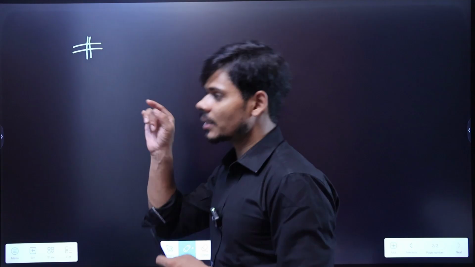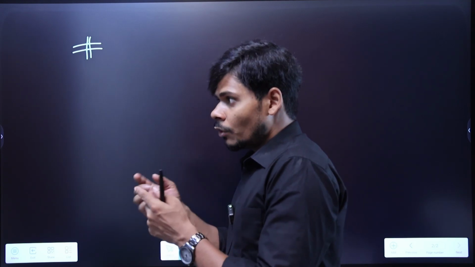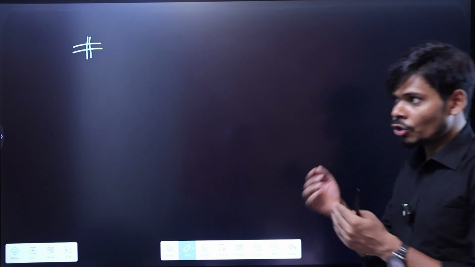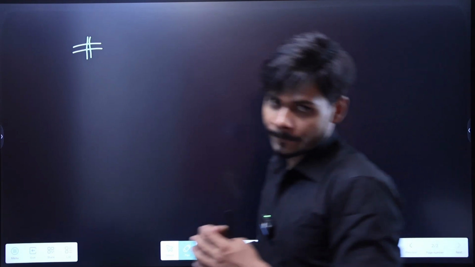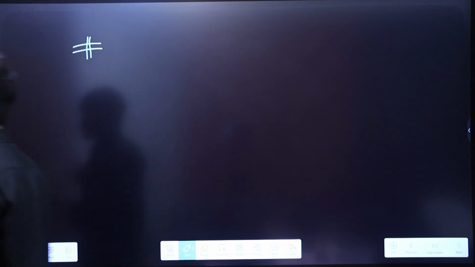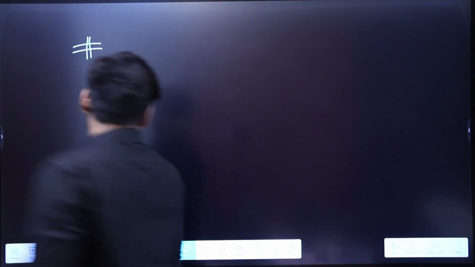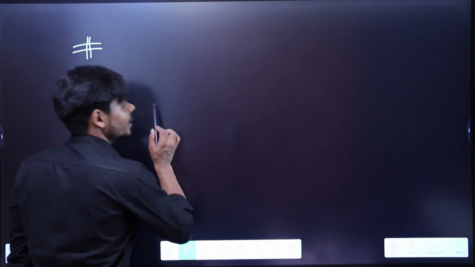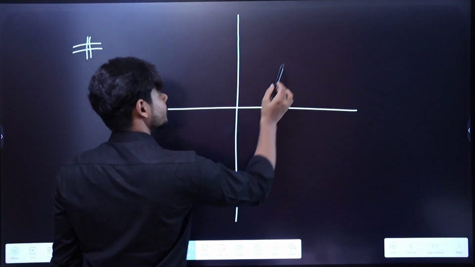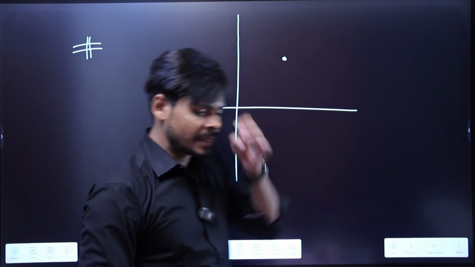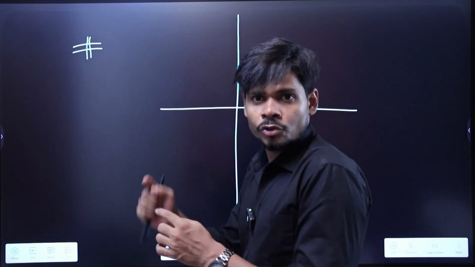It means if there is a mirror, you are the object and the image is there in the mirror. If you move away from the mirror, your image is also moving away from the mirror. If you come closer to the mirror, your image is also approaching the mirror. Now if I say that there is a point, what was the reason to explain this concept?